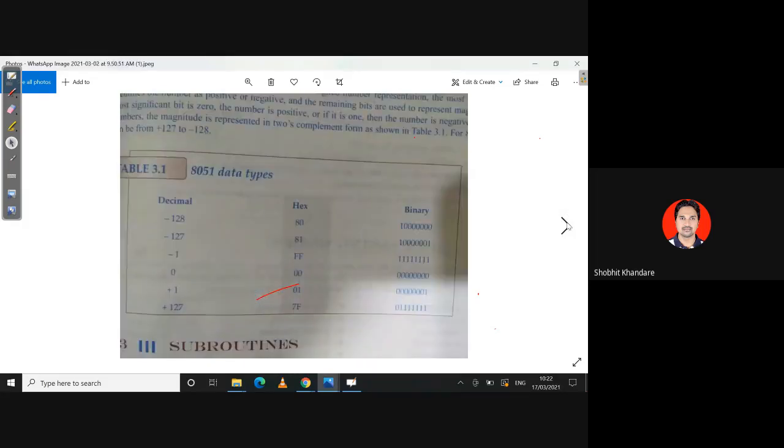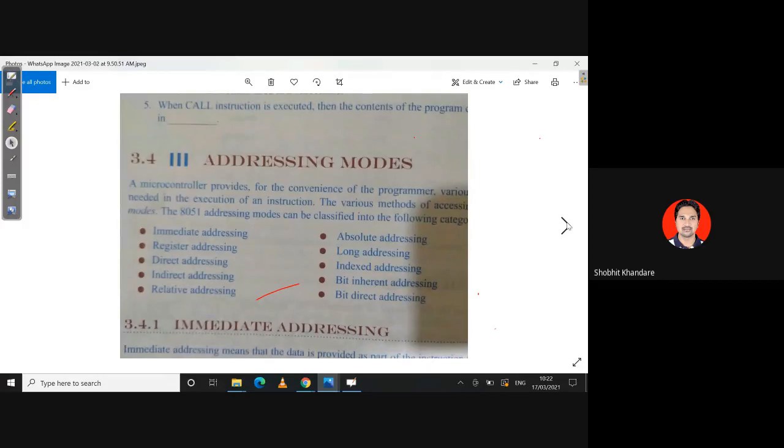I want everyone to write down the heading as addressing modes. I think you have already written it. So I want you to write down a few sentences about this. Then we will see what the different addressing modes are.